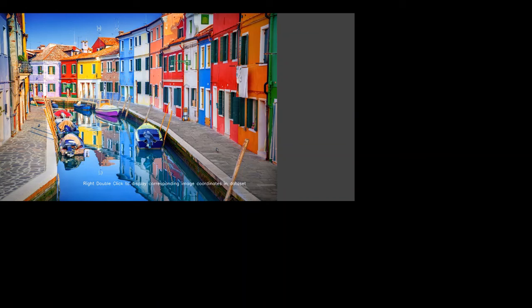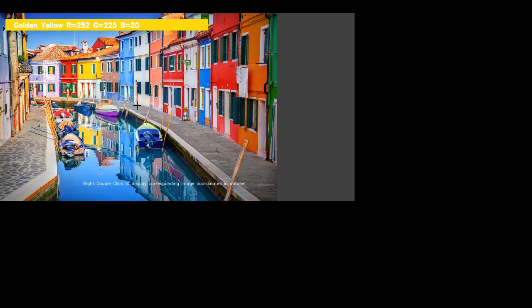After executing the code in Python, this is what we get. This is the image, and here is the text that I already talked about: right double click to display corresponding image coordinates in the dataset. Suppose I want to display the color for this particular building.